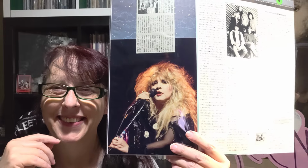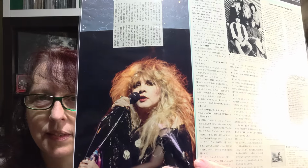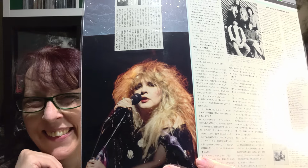Nice live photo, Stevie. I think we have the matching messy hair today. So funny, it's all super curly here, and then just straight here. I don't get that. Stevie's got that going on. She's got the mane over here, and then it's all just...